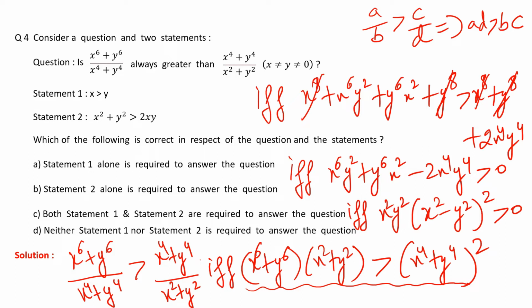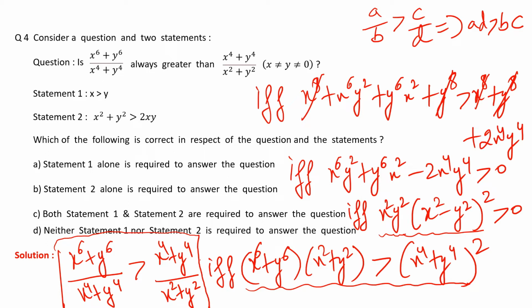Now we know that both x and y are non-zero, as well as they are not equal to each other. So that means x square minus y square whole square will certainly be greater than 0. Similarly, x square y square will also be greater than 0. So that means their product x square y square into x square minus y square whole square will also be positive. Fine. So that means now I can use this logic, and finally I can say that our assumption was